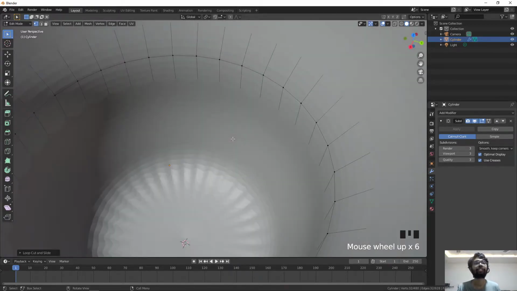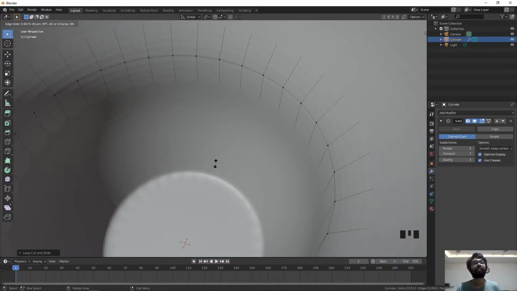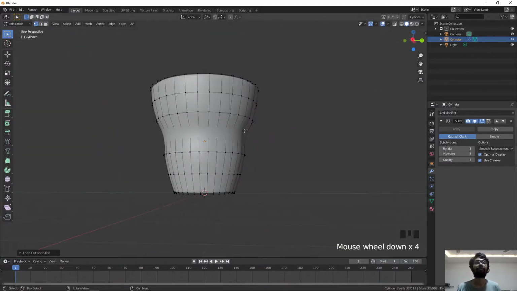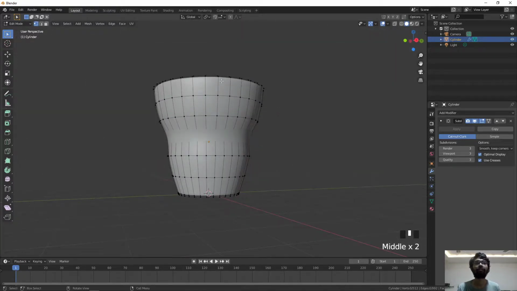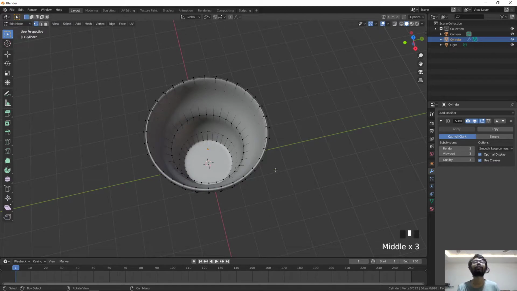And I'll do the same inside. So I'll hover my mouse here, Ctrl R for another loop cut, and then click on this. So we have added two more loop cuts to our object. Now we can see there are no wrinkles on our object.